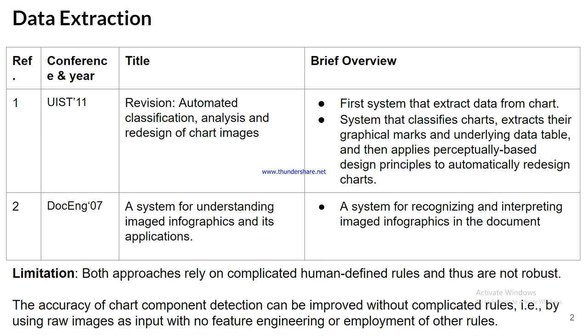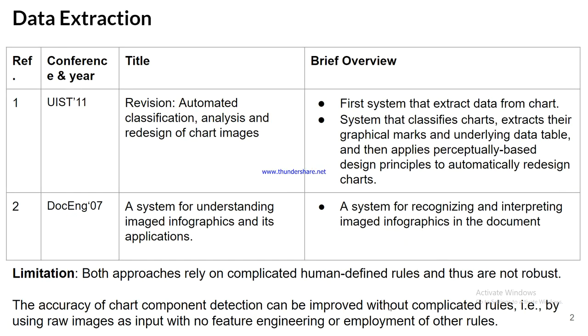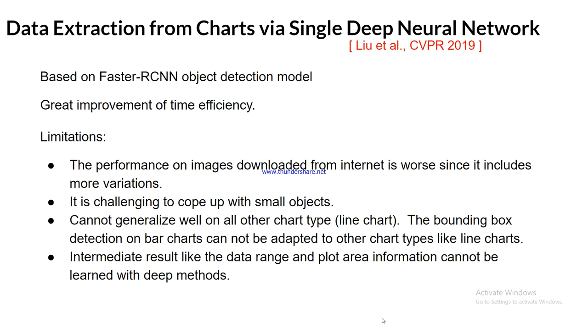Before that, we have seen two papers for data extraction: one on revision and another, a system for understanding image infographics and its application. Both approaches relied on complicated human-defined rules, so they were not robust. The accuracy of chart component detection can be improved without using these kinds of complicated rules, as we saw in the last video. So to cope with those previous limitations, Liu proposed a paper in